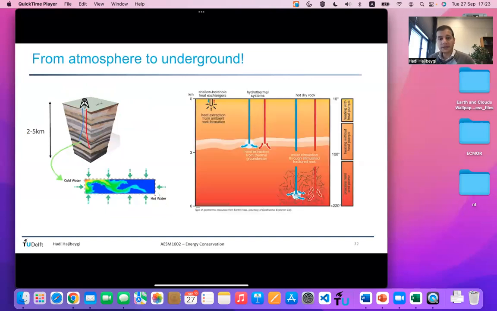There are many, many processes that take place in the subsurface for us, for example, to extract heat. You can have conduction-based heat exchangers that extract heat from the subsurface through conduction only. They can be also from convection and extraction, for example, of heat, hot water. You could also go deeper in the subsurface and enhance the recovery of the heat by also cracking the rock and making it more permeable so that you can extract heat more efficiently and also reach higher degrees.